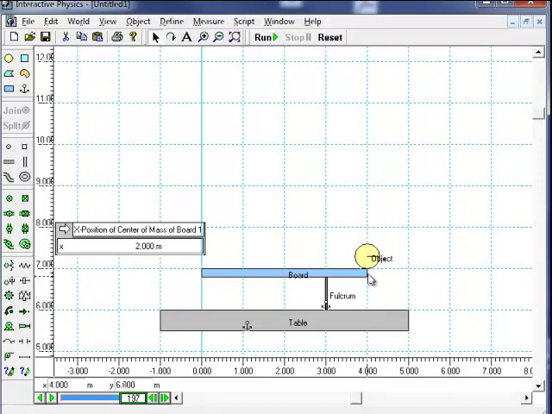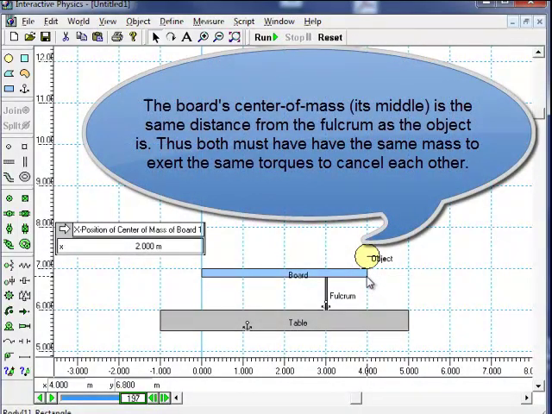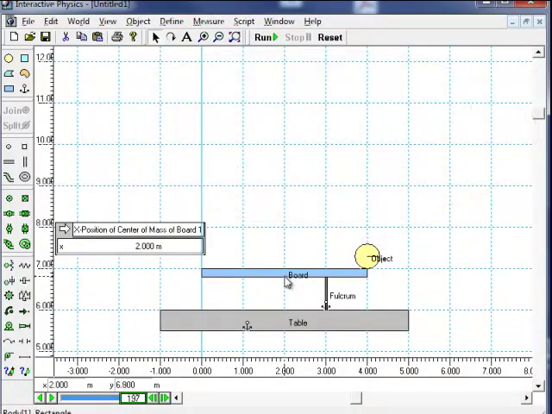So, the object of mass 0.82 kilogram exerts a torque right here at the end of the board, 1 meter away from the fulcrum, while the board essentially exerts a torque right here along its center of mass, which is also 1 meter away from the fulcrum. So in order to have the same torque here and here that balance each other,